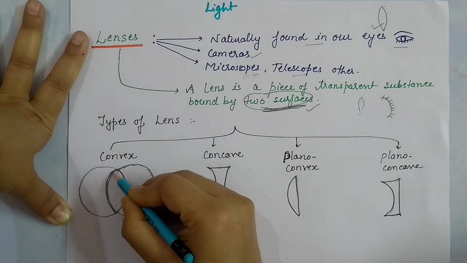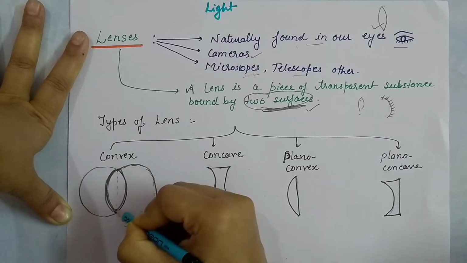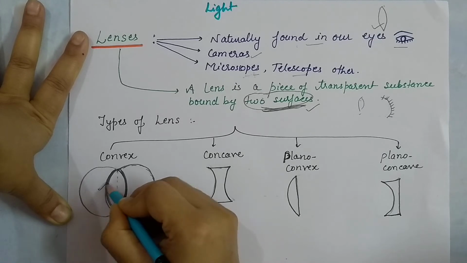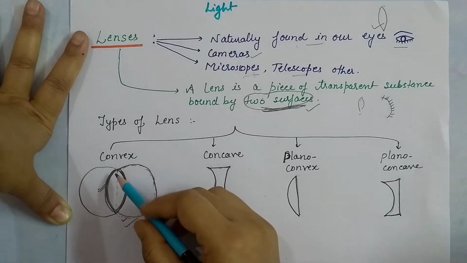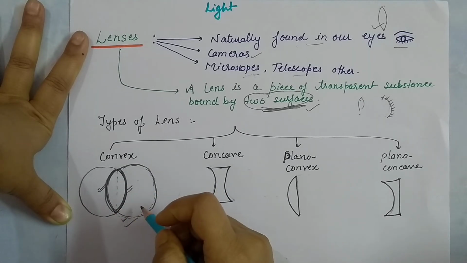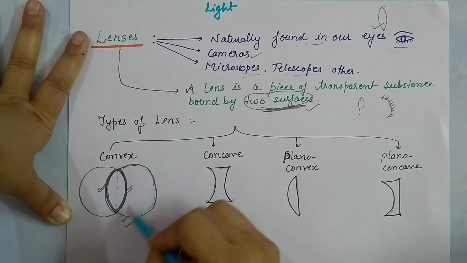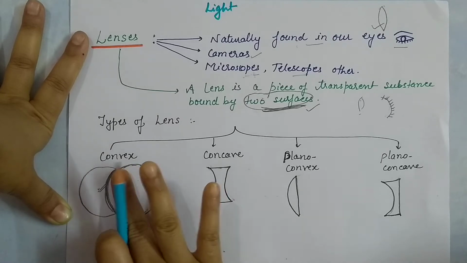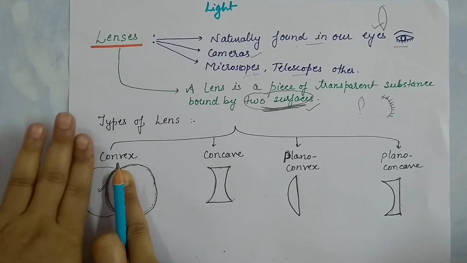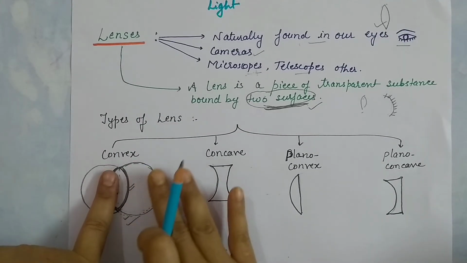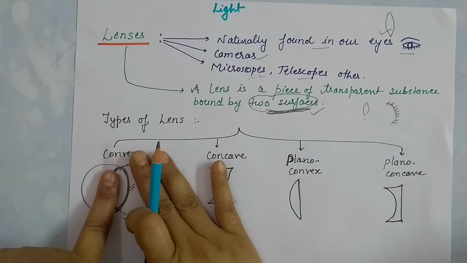So here this is the convex part, and it is available for refraction. This is your convex lens, and it is also known as a biconvex lens because it has two surfaces and is formed by two spheres. When we cut the two spheres, this is your first sphere. When we keep one sphere here and cut this one, this is your second sphere.